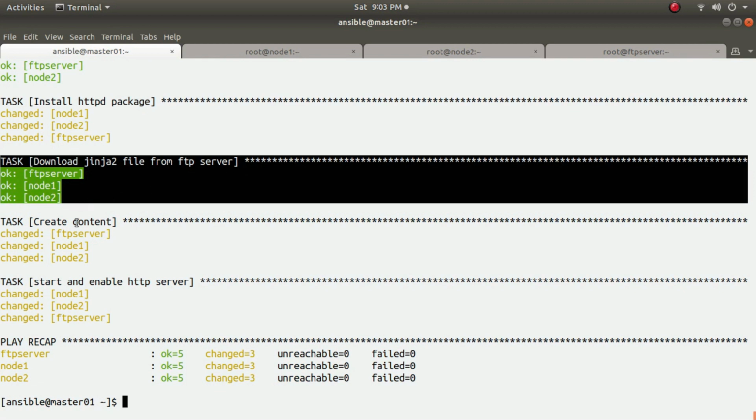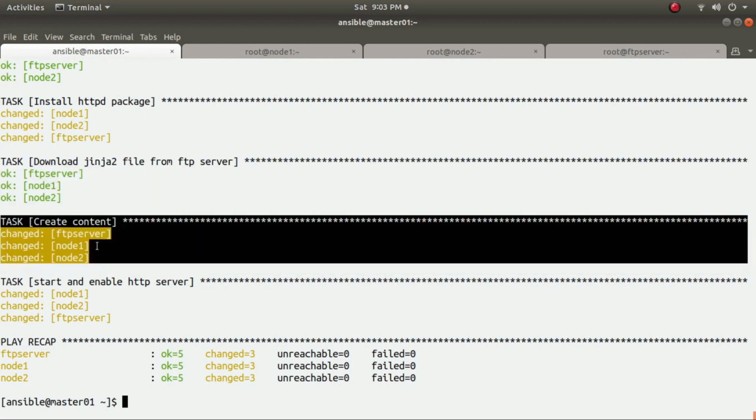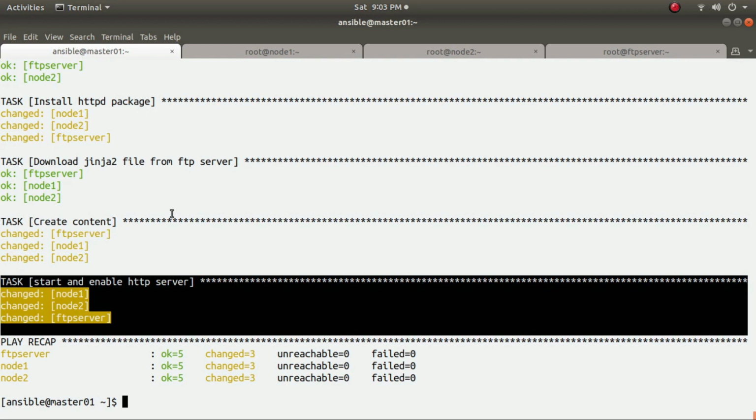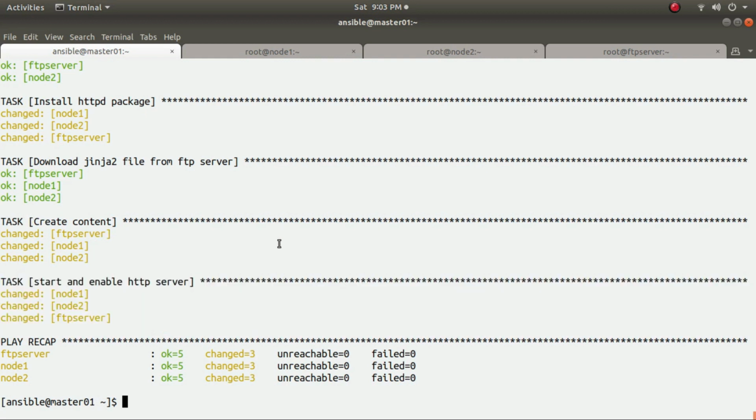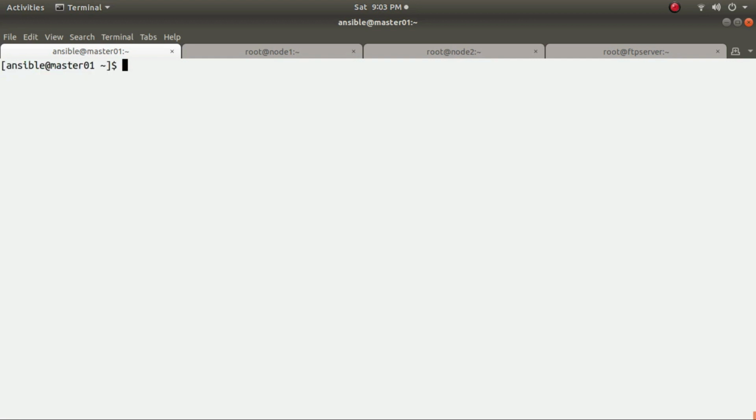My FTP Jinja2 file, it is downloaded, and it was already available. That is why it says okay, and it says the content is created, which is nothing but welcome to Ubuntu Linux, and the 4 tasks, which was nothing but for my start and enable service. So now what I have to do is check my server whether I am able to reach it. So my first node is node 1, and I can see welcome to Ubuntu Linux, but it is giving it in a single line. Okay, I don't want that to happen, so let me do